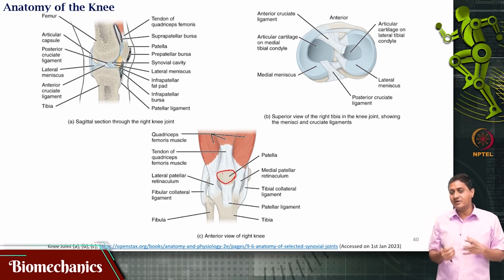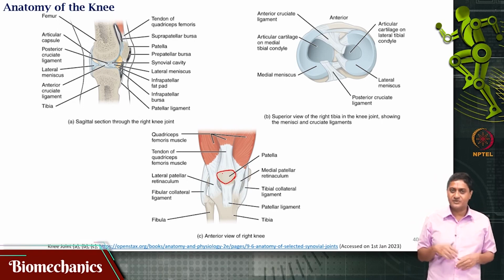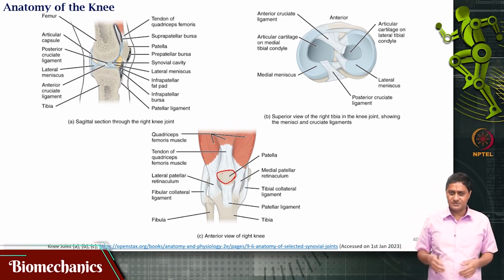So, tibia and femur have 2 joints. You can consider this to be technically 2 joints, the tibiofemoral joints: the medial tibiofemoral joint and the lateral tibiofemoral joint. Or you can consider these to be a single joint because it is 2 bones that are interacting, but technically these are indeed 2 joints. And on top you have the patellofemoral